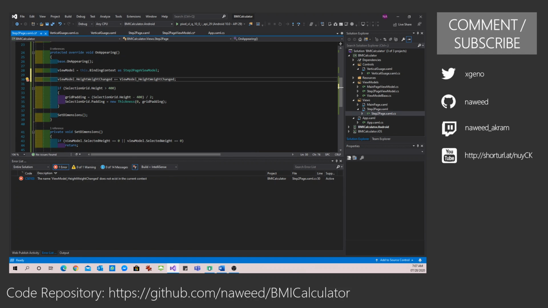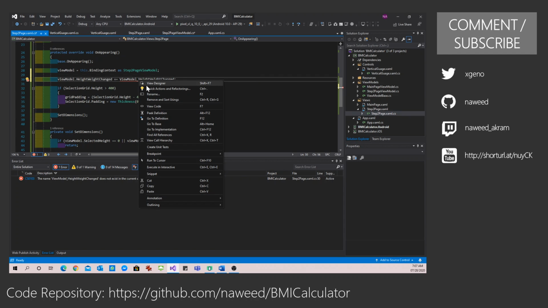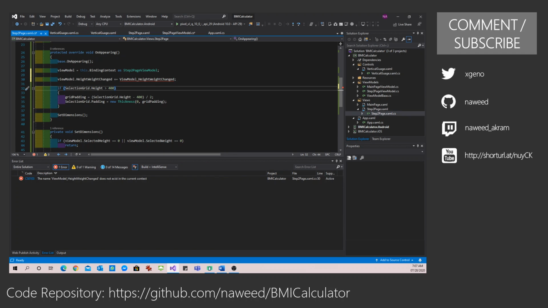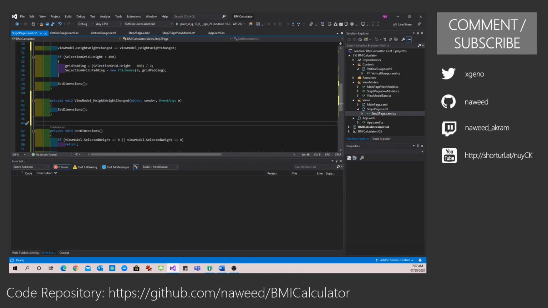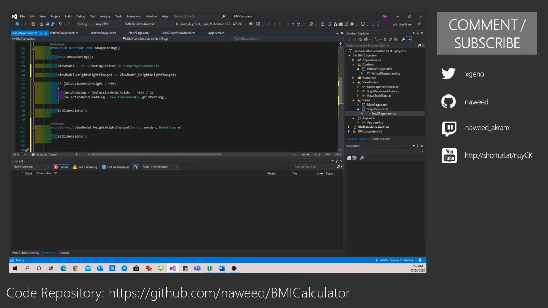I can say view model dot height weight changed, execute this method, and this method is doing nothing special other than just calling the set dimensions method, which we have already written. Of course, as a good practice, on disappearing, you should unsubscribe from this event as well. Let us run this code now and see it in action.